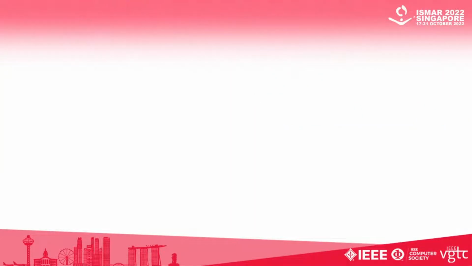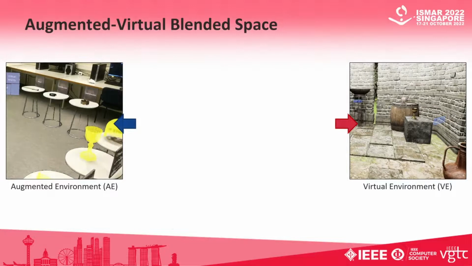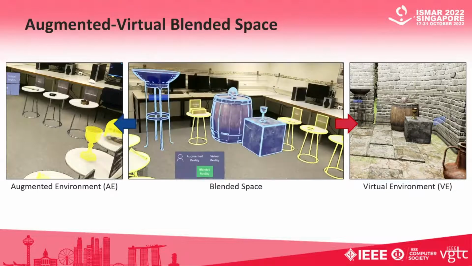So now to design our VR-AR blended space, we investigated how we could do this, and we chose to take the AR user's perspective. So the blended space would be in AR, and then we chose to select a number of objects from the virtual environment, which would then be brought into the AR space to make a combined space. And so in this combined blended space, the user can see both the content from the virtual as from the augmented